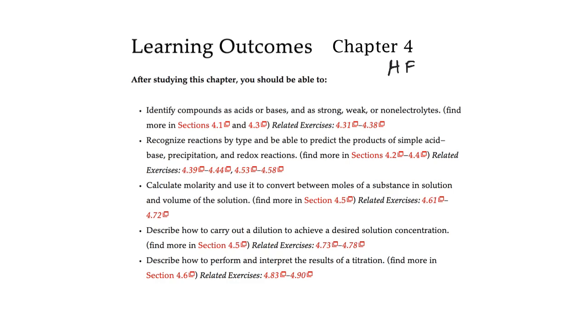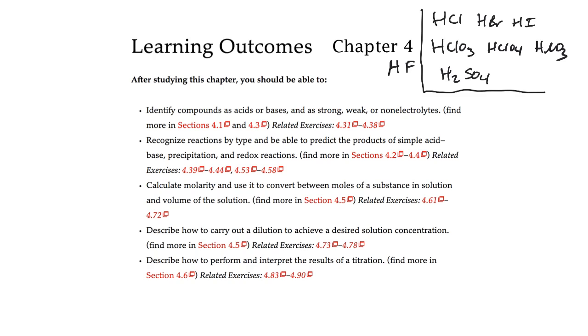There are 7 strong acids. The strong acids are HCl, HBr, HI, HClO3, HClO4, HNO3, and then the very first H plus coming off of H2SO4, but not the second. So only the first H is strong. So these are our strong acids. Strong acids are strong electrolytes that happen to release H plus, and then the complementary or the conjugate ion into